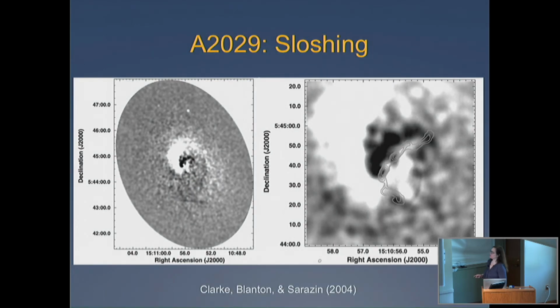And this is if you subtract off a model of the smooth emission and you bring out residuals, you can see a sloshing spiral feature in this particular cluster. We saw this early on in 2004. This was a pretty early example of a sloshing spiral, and if you zoom in and look at the center region, you see this little radio source that's bent, and you see that the sloshing gas looks like it's running right into that lobe and bending it. So you see sloshing features like this in clusters that are not very disturbed. They're supposed to be relaxed, cool core clusters. Okay, so we can find these types of radio sources, not necessarily in big, large-scale major mergers. They can be in pretty relaxed clusters too.